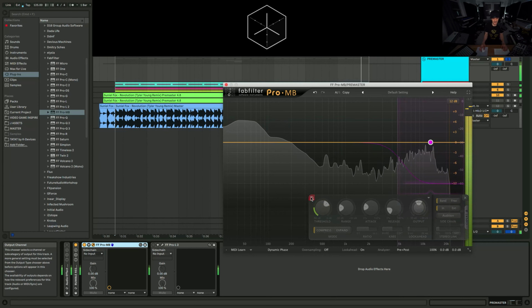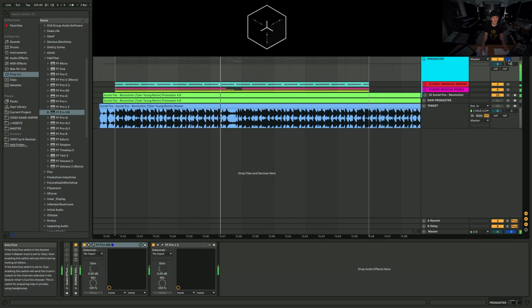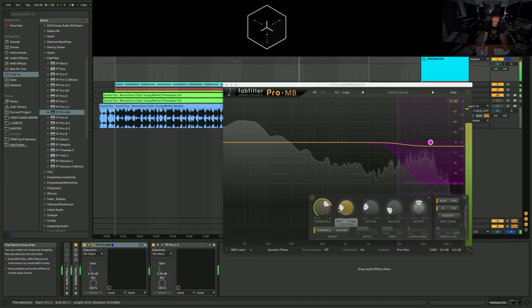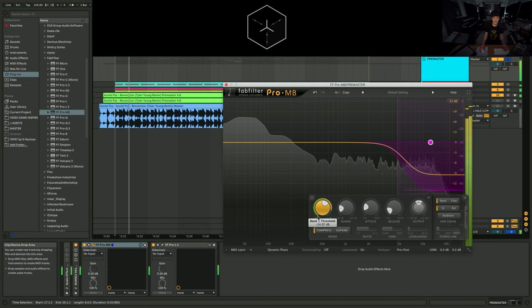And at this point now, I can start to level match. I can go back to it. Let's just put the limiter back on and check our reference. Much closer on the hi-hat. Go a little bit more aggressive. A little bit further in there. Check our reference. Much closer. Great. Step 1 done.